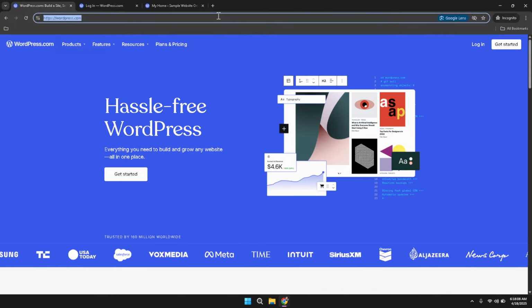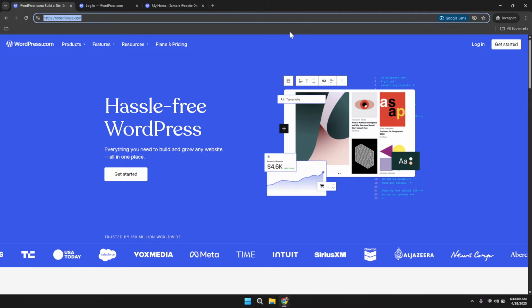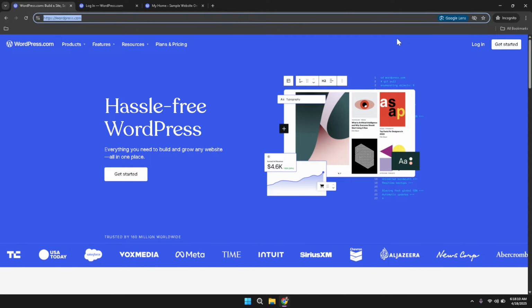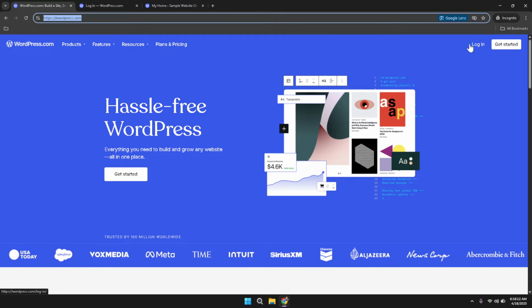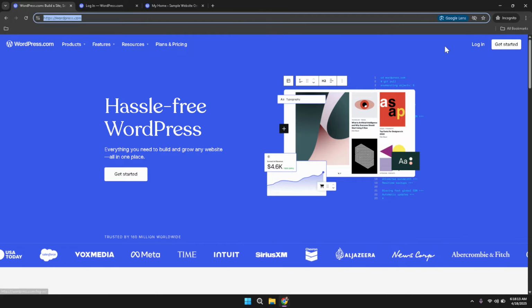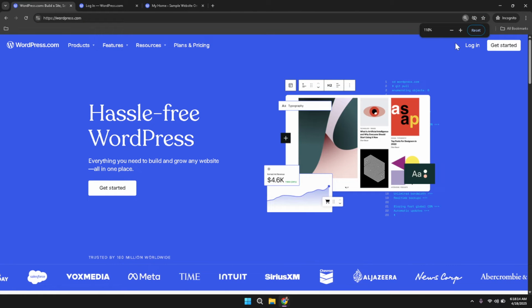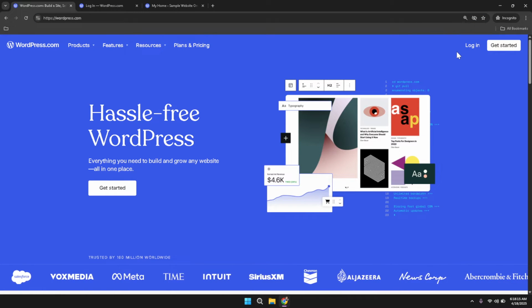Once the page loads, take a moment to locate the login option at the top right corner of the home page. This option is the entry point to accessing your backend controls, and it is essential that you begin there to initiate the process. After clicking on the login button, the next step involves selecting the option to continue with